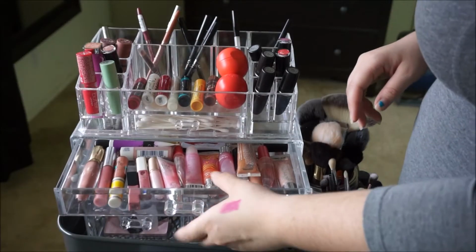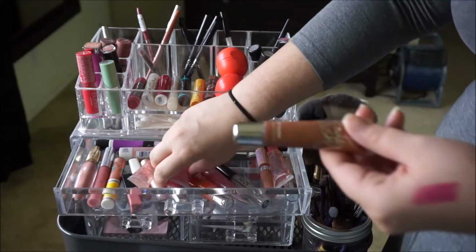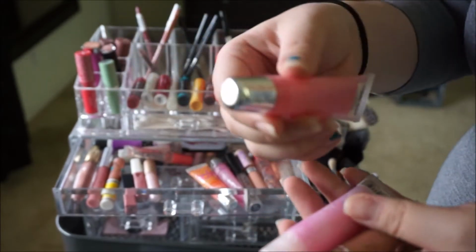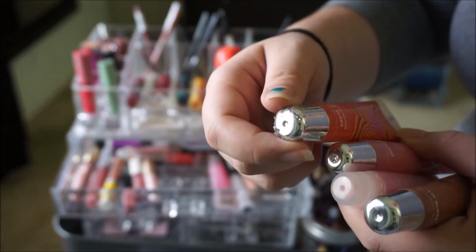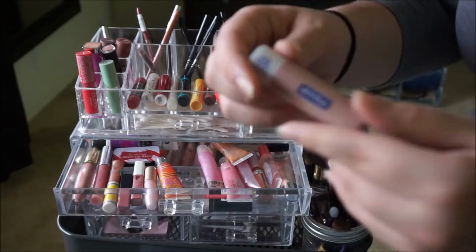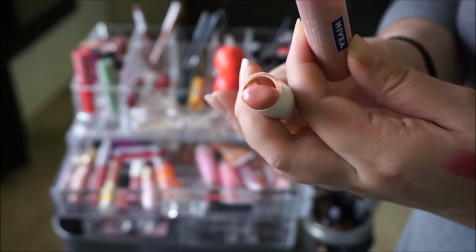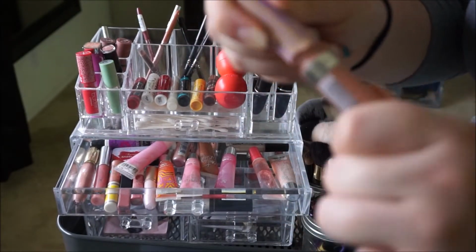I keep all of my lip glosses, and I have just anything from anywhere. I have a bunch of Victoria's Secret lip glosses. More Victoria's Secret. Like Navina, which is like this really pretty, like melted pink sheer lip gloss. And then I have different ones. This one is totally broken, but it's